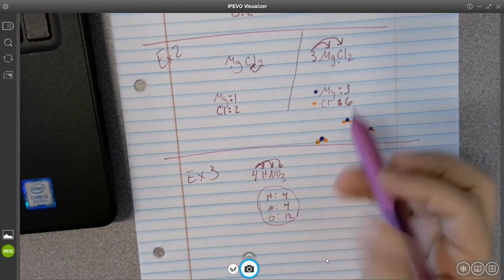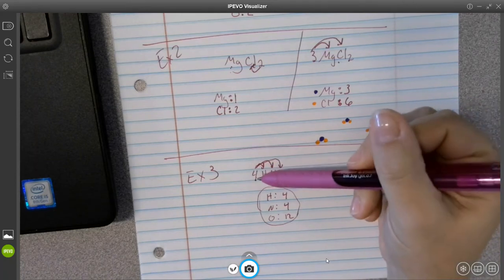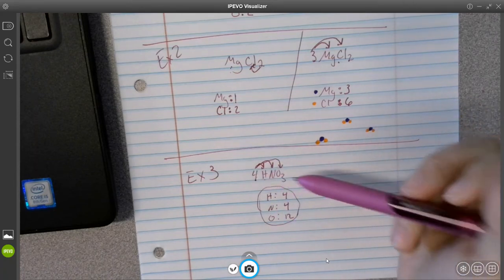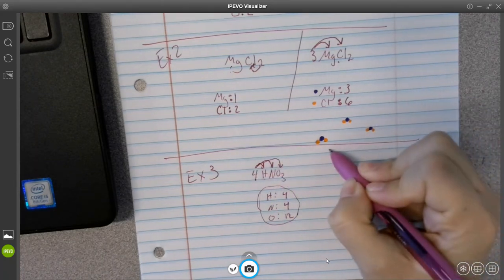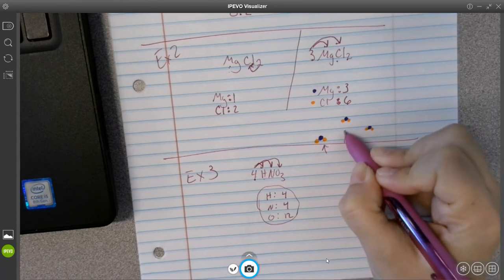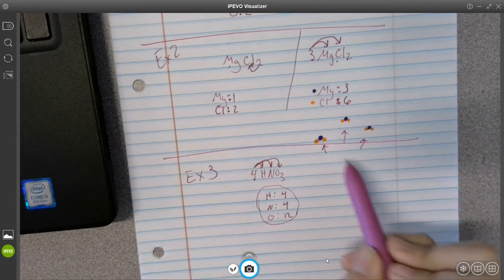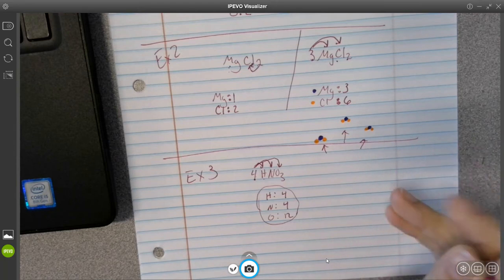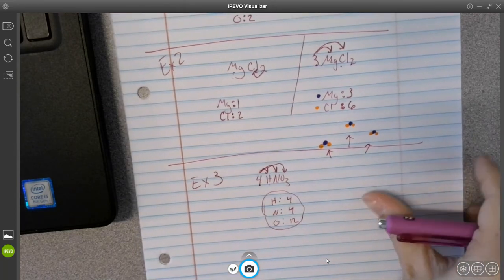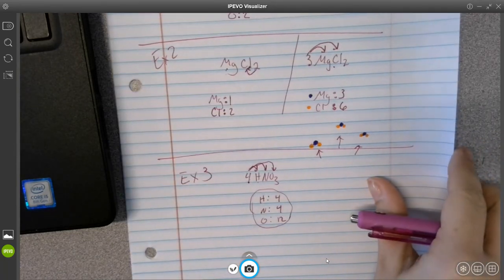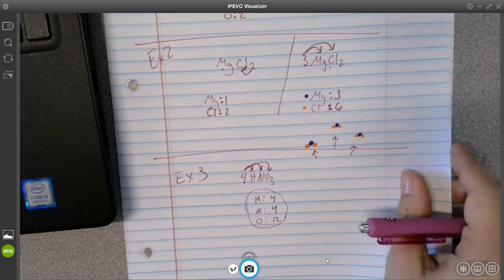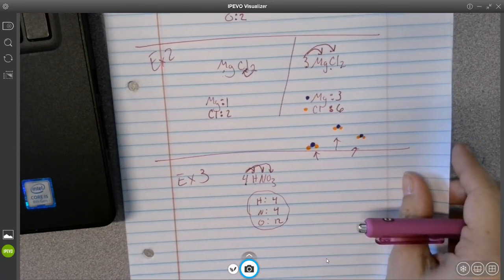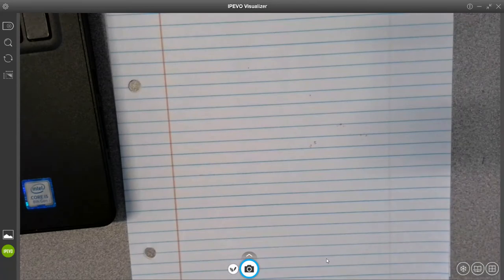Now, I'm not going to waste time drawing out 4 different molecules of this, but I can tell you right here, it will look very similar to when we were drawing out our molecules for magnesium chloride. So let's go ahead and do something with a little bit of the same difficulty level. Let's look at